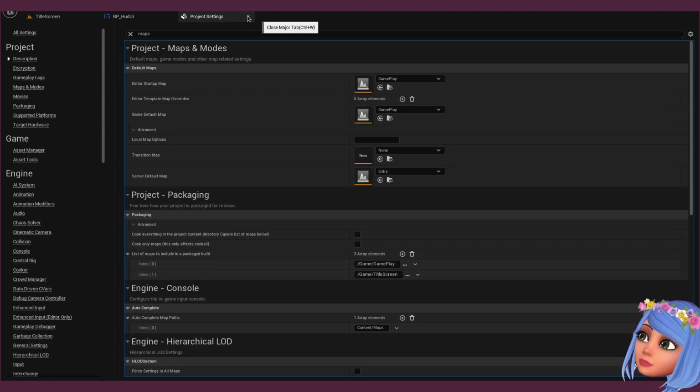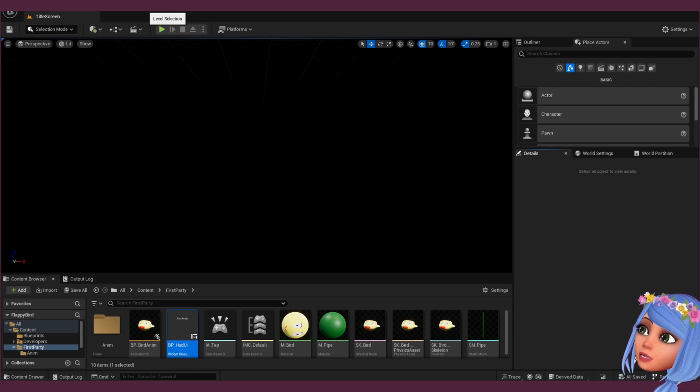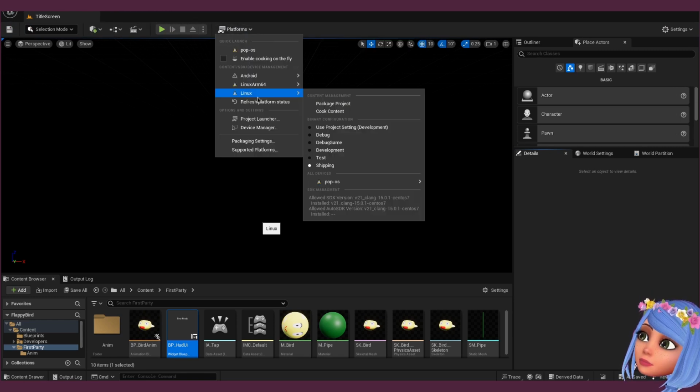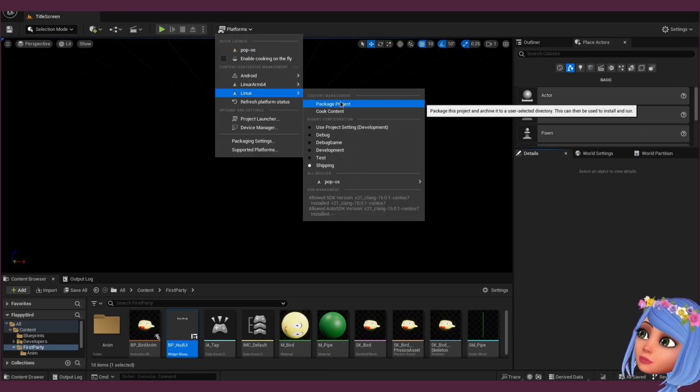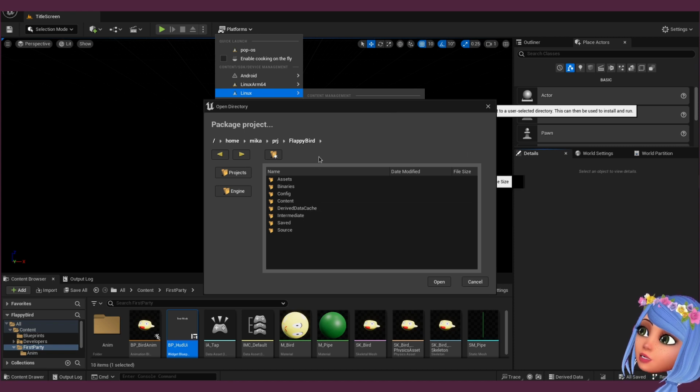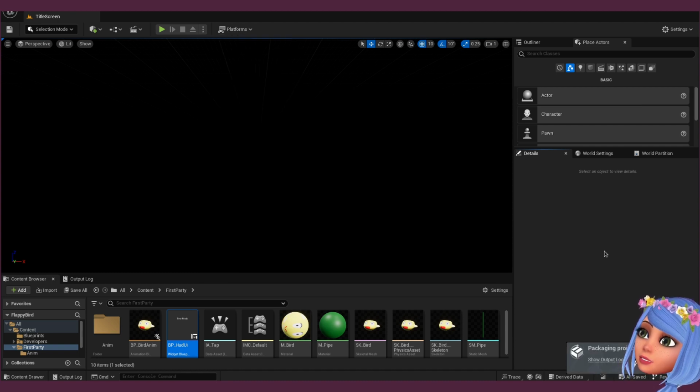Okay, and now we can package Linux for shipping, package project, and we select, I can put it here. So hopefully everything is gonna be fine.